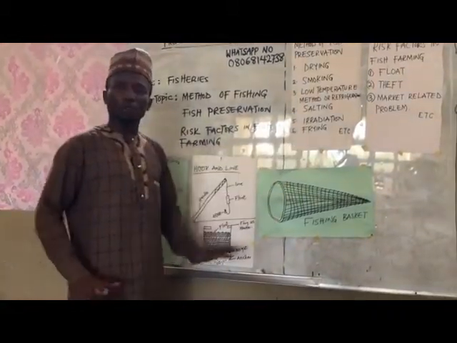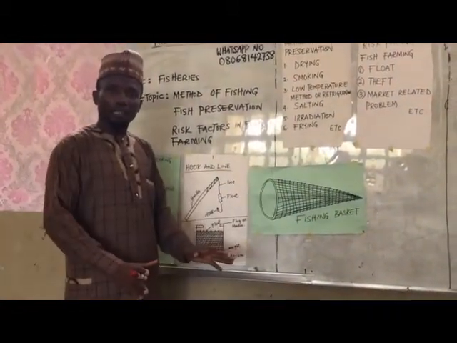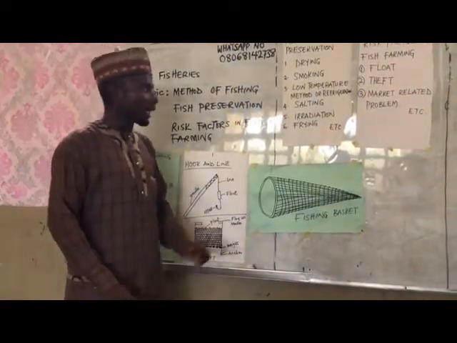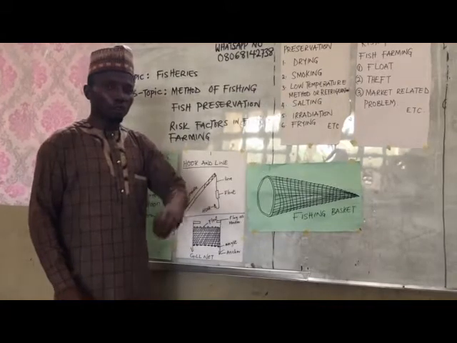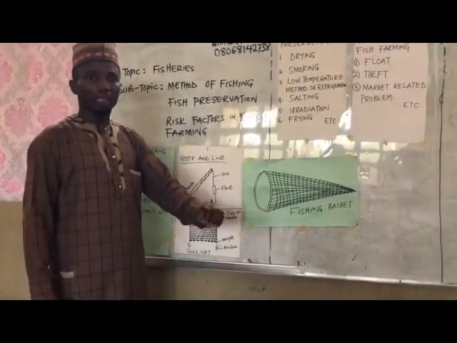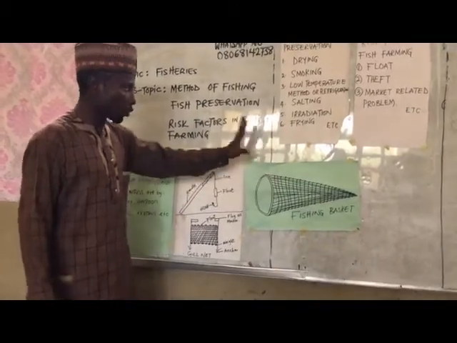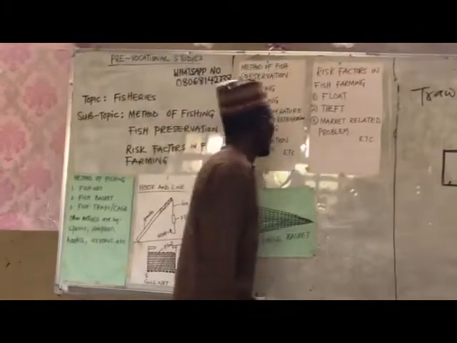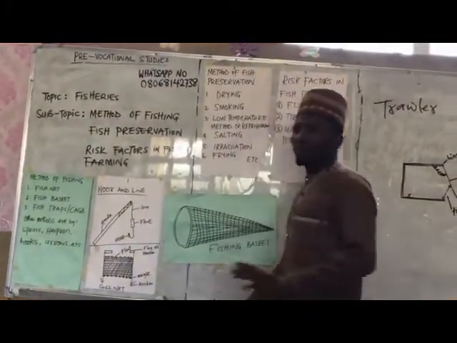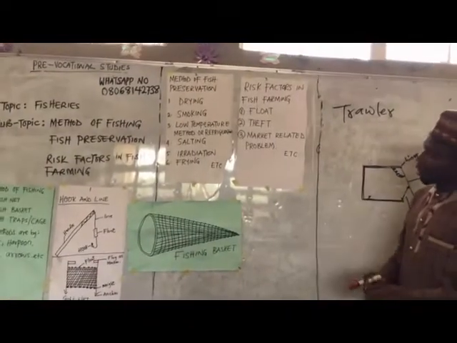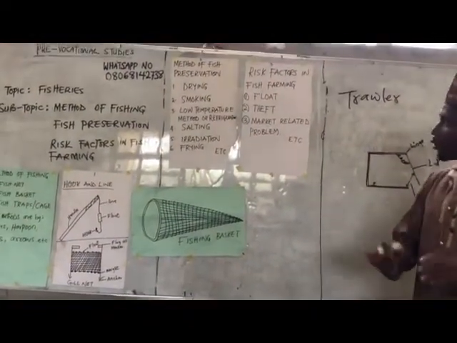Then we have the last one, which is frying. This is to pour oil on a frying pan, heat that oil, and drop your fish inside it to fry. That one is another common method that most people apply at home. Then we are done with this. I believe you have been following me, and all I've been saying is clear to you.